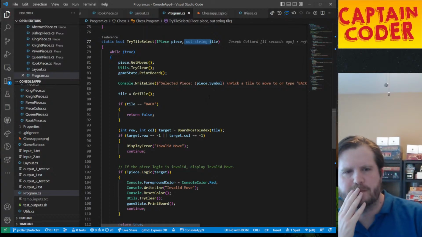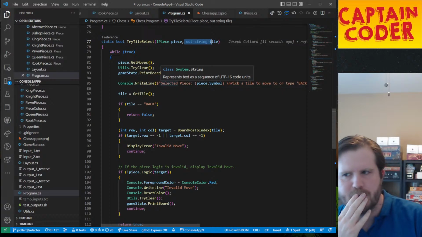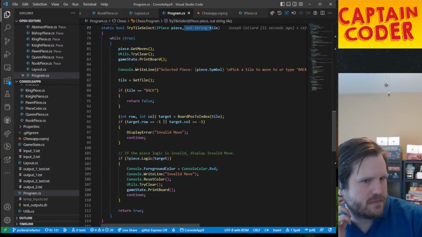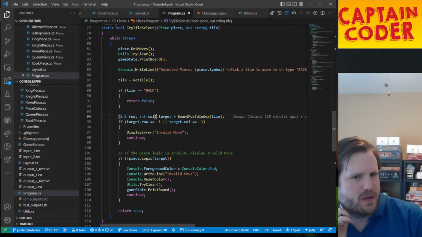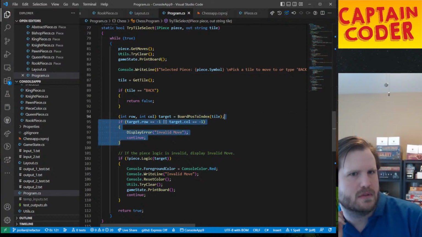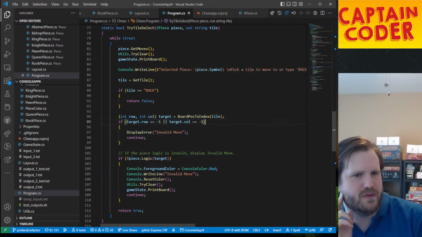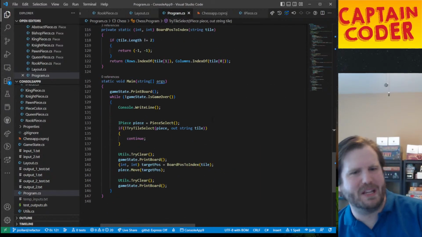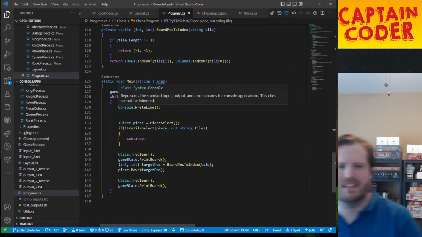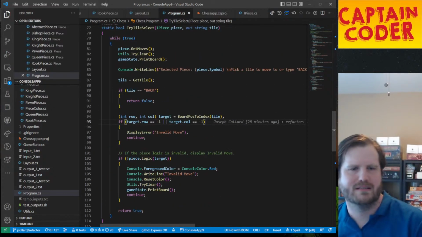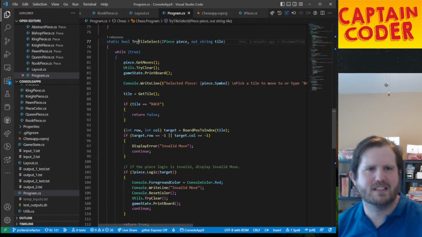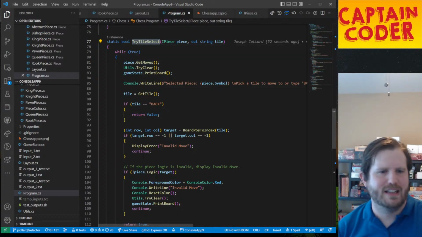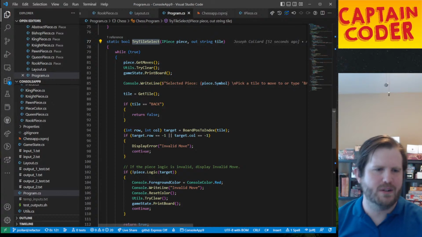Okay. How am I feeling? I'm pretty good. Board positions give me a row and column, and tell me if it's an invalid move. I'm being really critical here. My methods are too long, I feel like try tile select is just a little bit too long. And I'm wondering